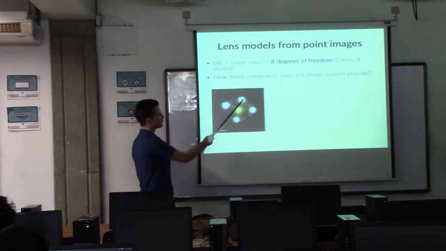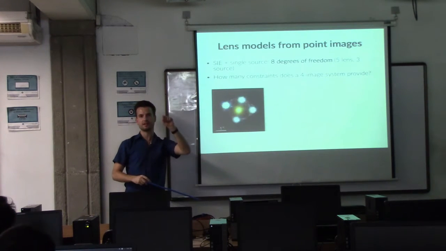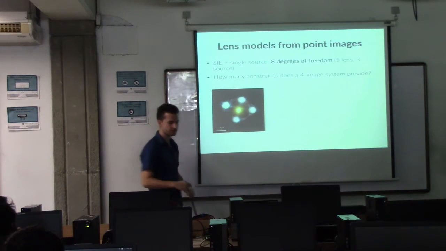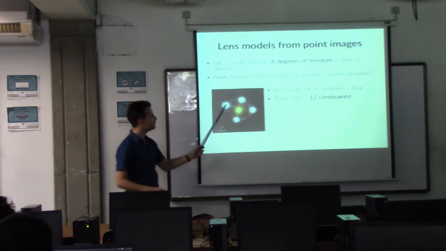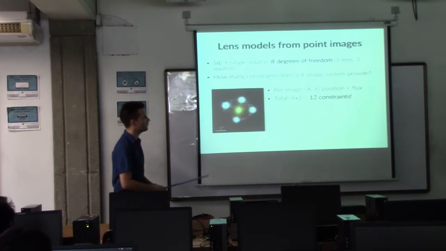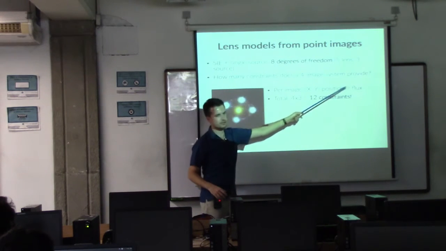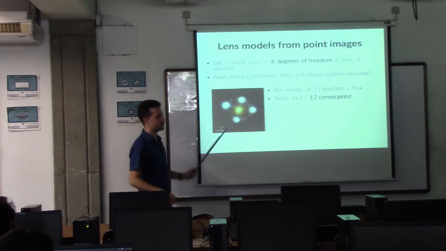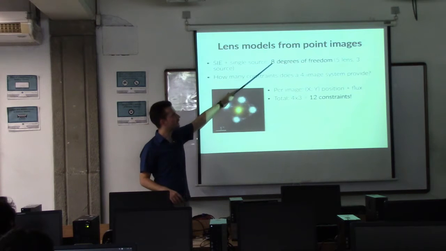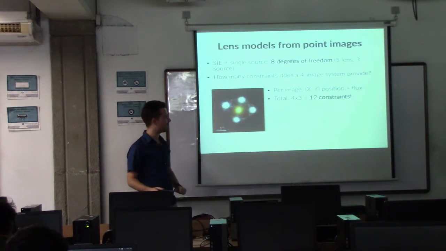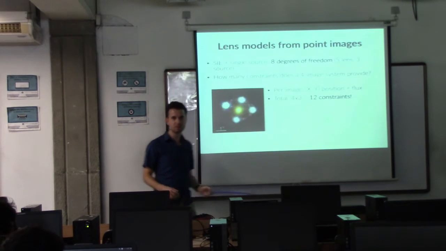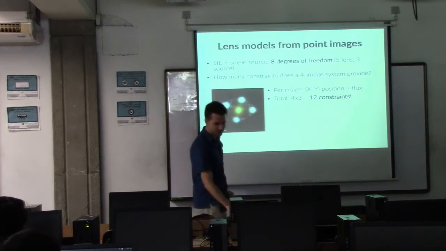Well, we have 4 images, and each image comes with its own position. Whether it's over here, or over here, or over here, it makes a difference. So we have 2 constraints per image based on its position, and an extra constraint from the flux of each image. So that gives us 12 constraints if we consider the fluxes, 8 degrees of freedom if we consider the flux as well. I mean, that's pretty good, right? We have more constraints than variables. That looks pretty good. But